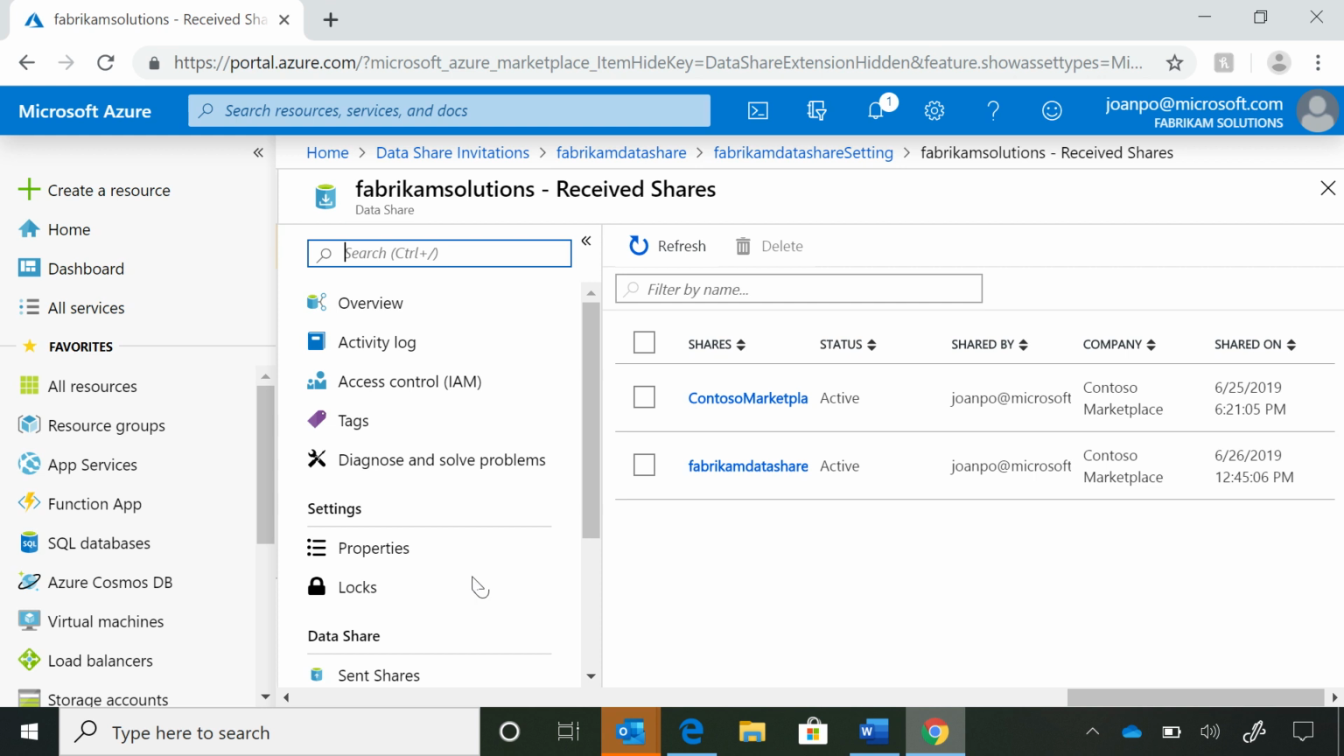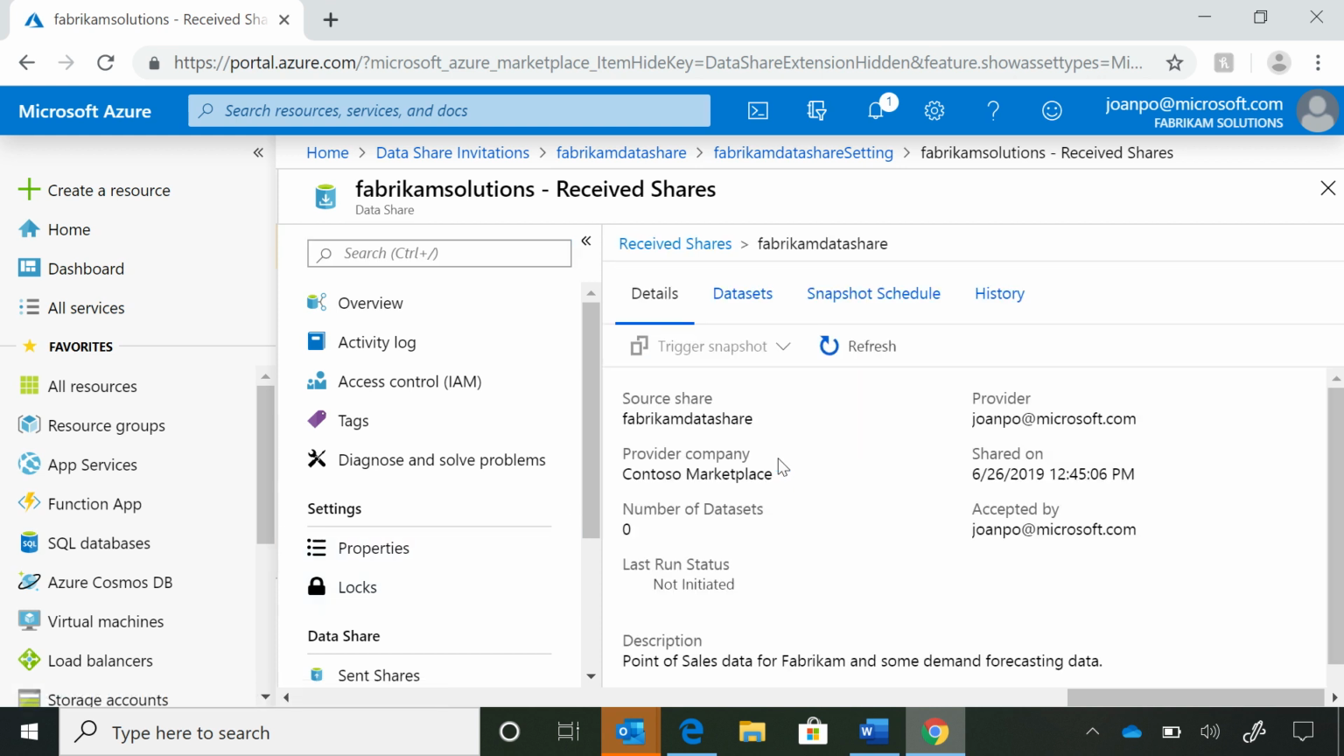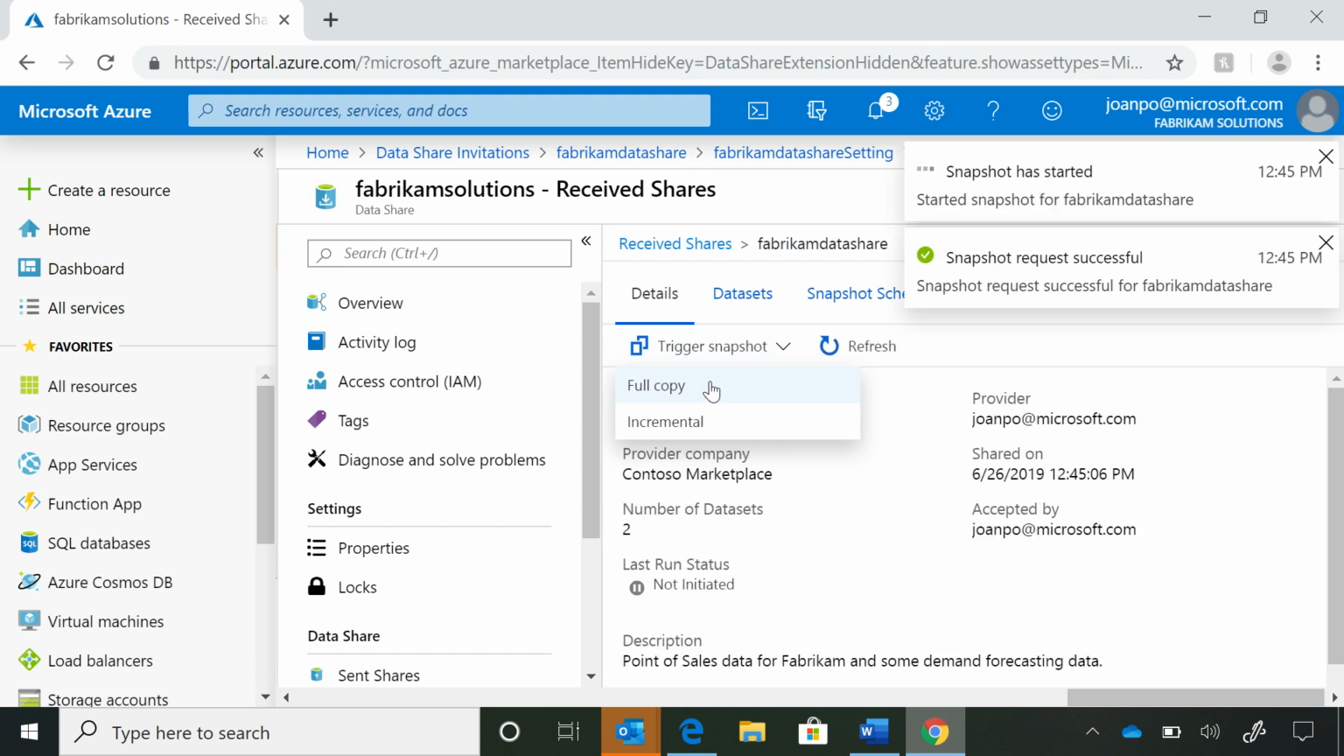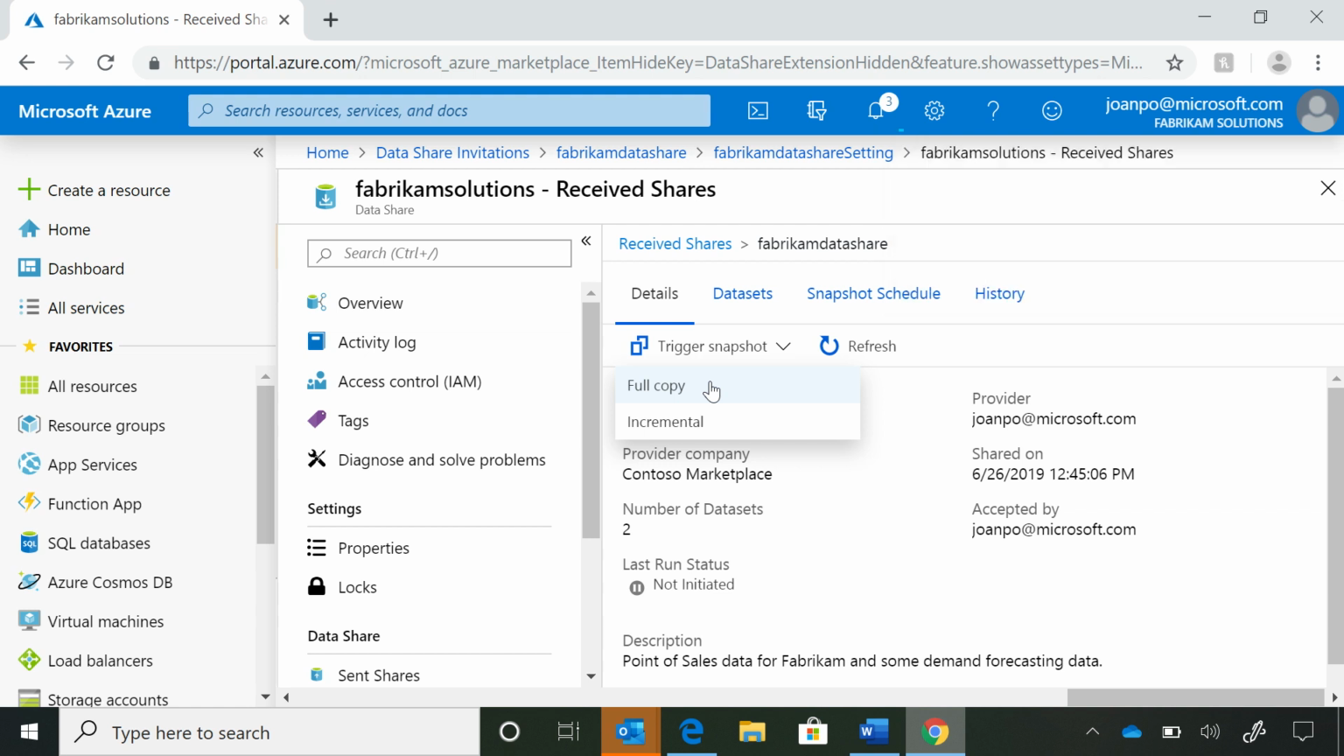If I click on my data share here, I can actually start receiving data by simply clicking Trigger Snapshot and selecting Full Copy. At this point in time, the data is actually moving into my Azure subscription, into my storage account. In a few minutes, once that copy is complete, I'll actually have a copy of that data in my